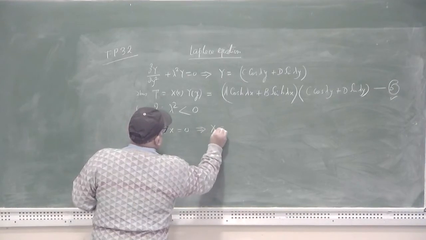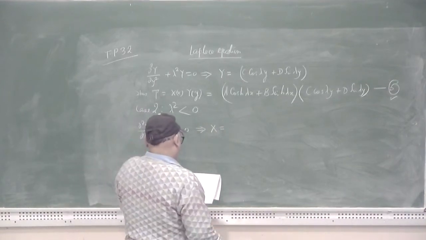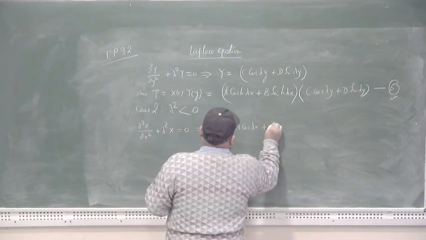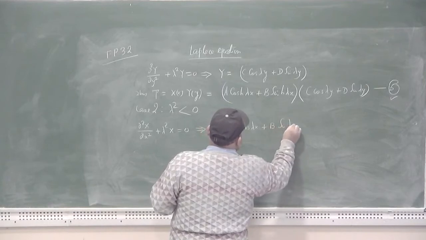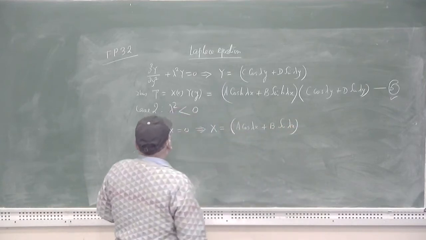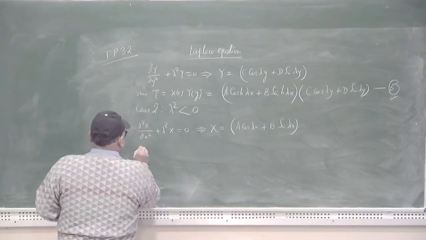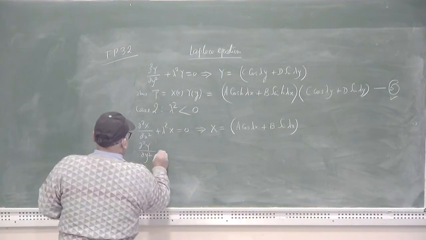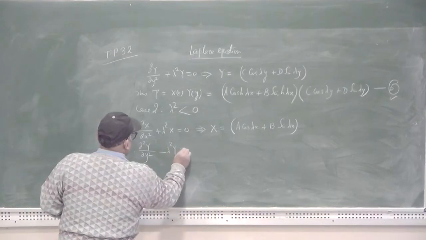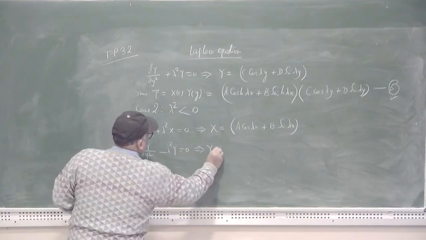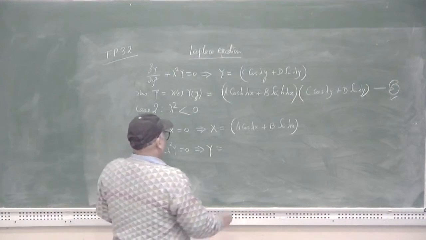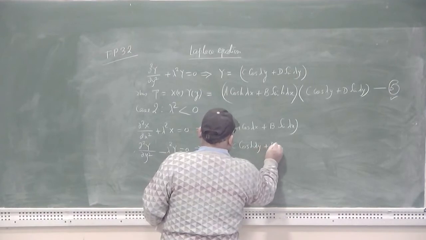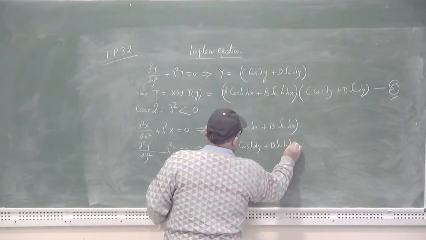So, X can be written as A cos lambda x plus B sin lambda x. Another is d2Y by dy2 minus lambda square Y equal to 0. So, in this case Y is given as C cosh lambda y plus D sinh lambda y,